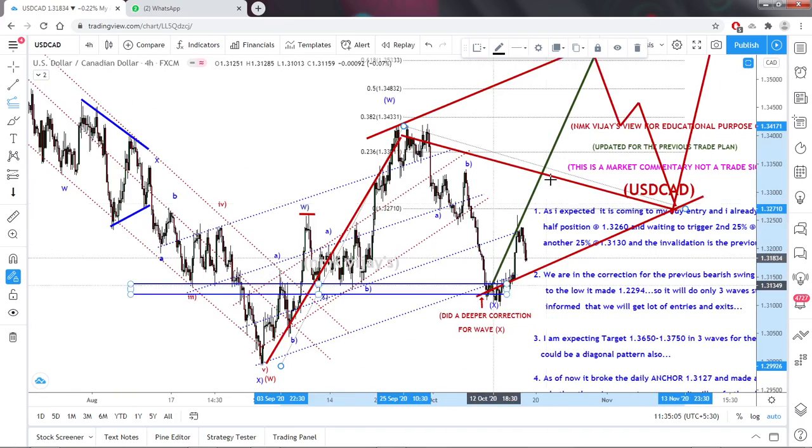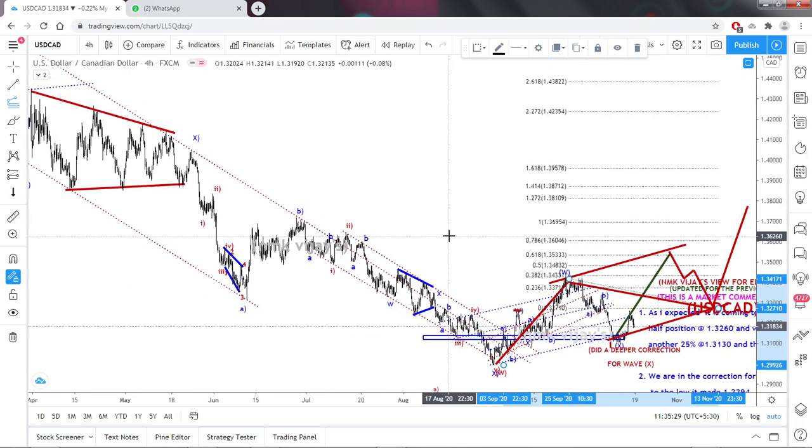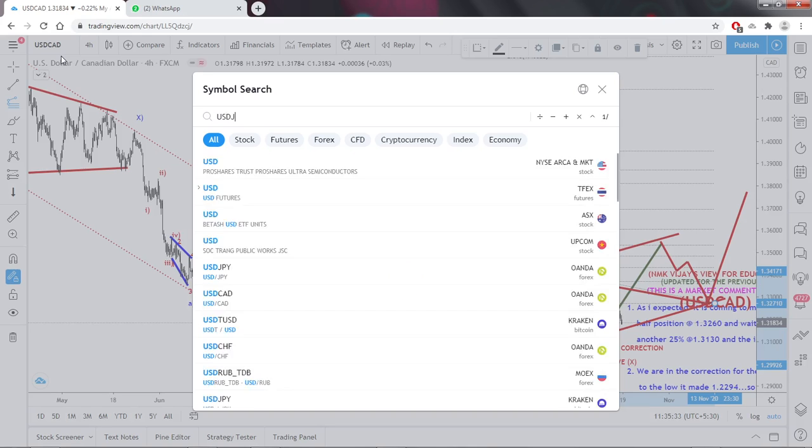So like this only we have to trade, and we have to think about the possibilities. Once it has reached here, it won't immediately go to this zone. Again it may get rejected. So mind that, think for yourself, and think about WXY. If you understand the structure, you will be a consistently profitable trader. And now USD JPY.